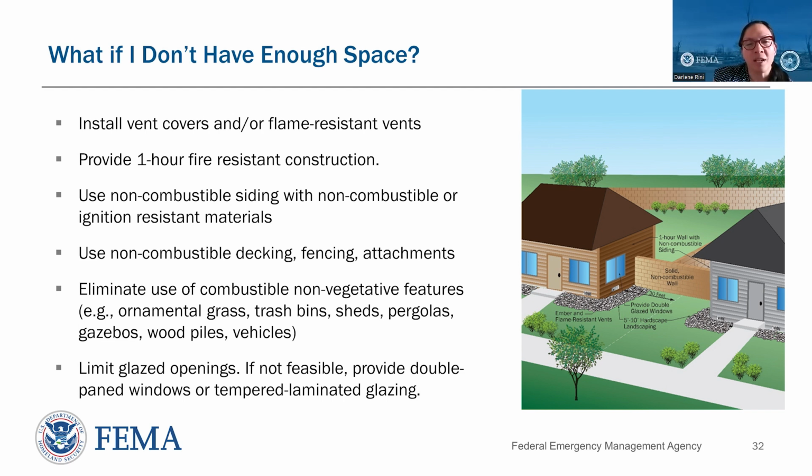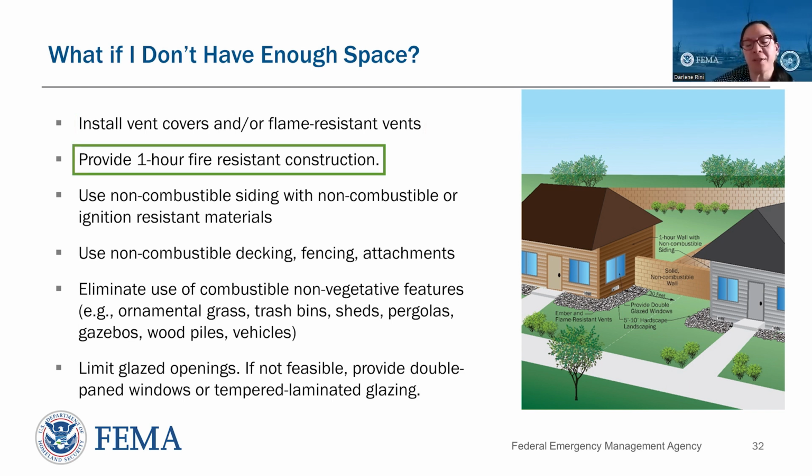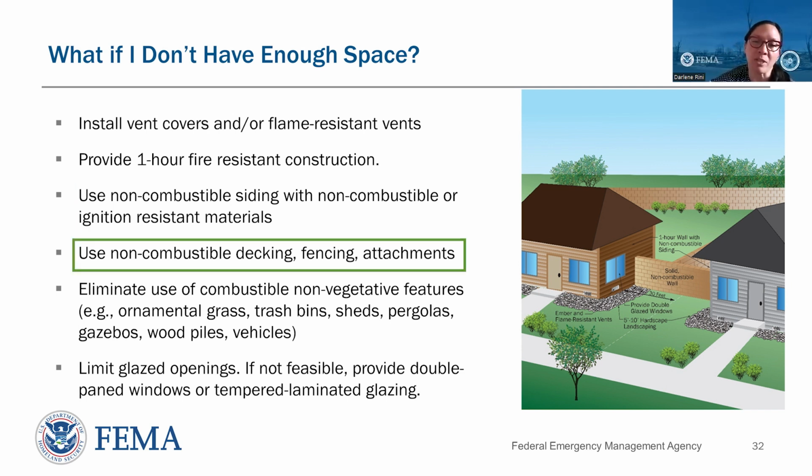And so these additional measures can further help increase wildfire resiliency of buildings and properties with various site constraints. So this slide here is basically providing a number of different provisions that can be employed by a group of property owners where they are sharing communal defensible space or are in close proximity to another property or another building. And so this can include things like installing vent covers and other flame resistant vent products on the face of the building that closely fronts another property or building, increasing the construction of the exterior facade or wall assembly to be 1 hour fire resistant, using non-combustible siding with non-combustible or ignition-resistant materials and insulation, using non-combustible decking, fencing, and other types of non-structural attachments,